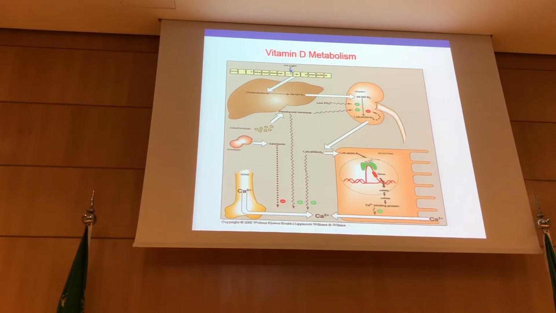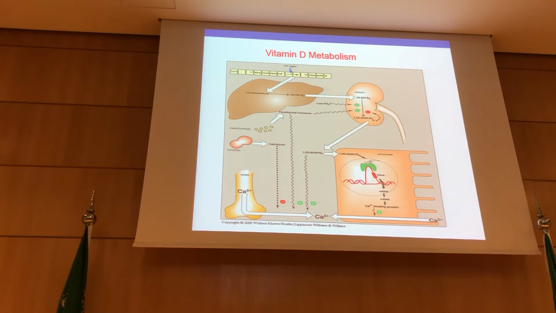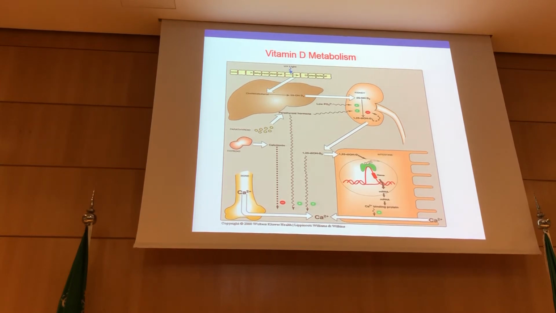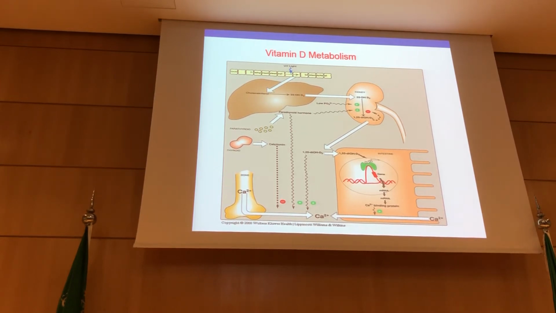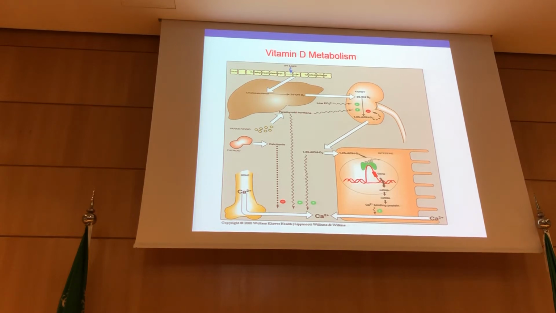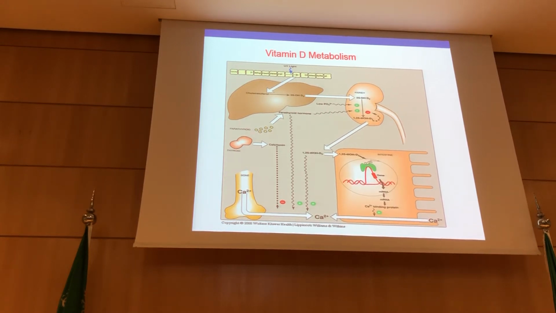We can synthesize it from cholesterol in the form of 7-dihydrocholesterol to form cholecalciferol. Then in the liver we have the first hydroxylation reaction that forms 25-hydroxycholecalciferol. Then in the kidney we have the second hydroxylation reaction that gives the active form of vitamin D, which is the 1,25-dihydroxycholecalciferol. This activation reaction is performed by stimulation with low level of phosphate and the parathyroid hormone, which is a hormone released from the parathyroid glands.